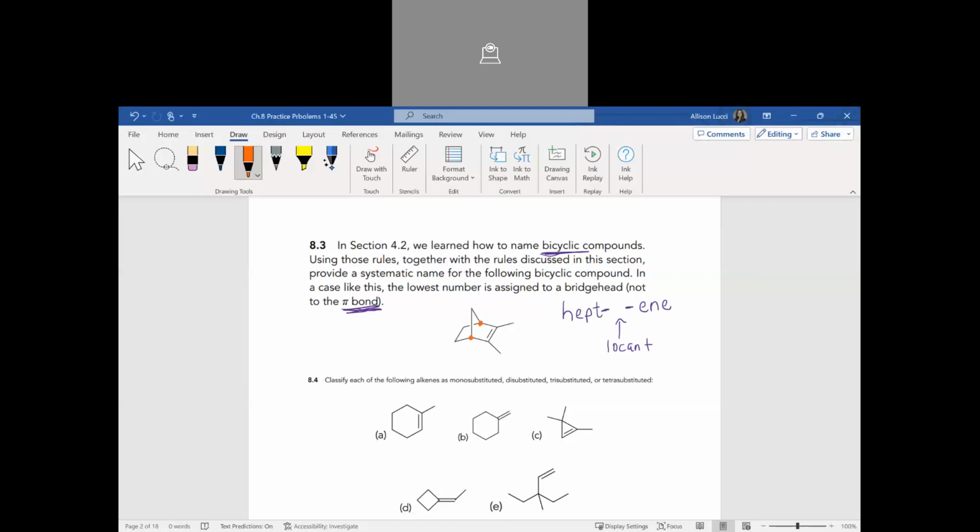So I have to travel down the longest bridge first. So I have two-membered bridges. So I am going to venture down this direction. So I'll start with 1, 2, 3, 4, because this is a 2-carbon bridge, and then I'll continue this way, 5, 6 to my other 2-carbon bridge, and then I'll end with 7 up top here. So my locant for my double bond, for my pi bond, would be a 2. So far I have hept-2-ene,